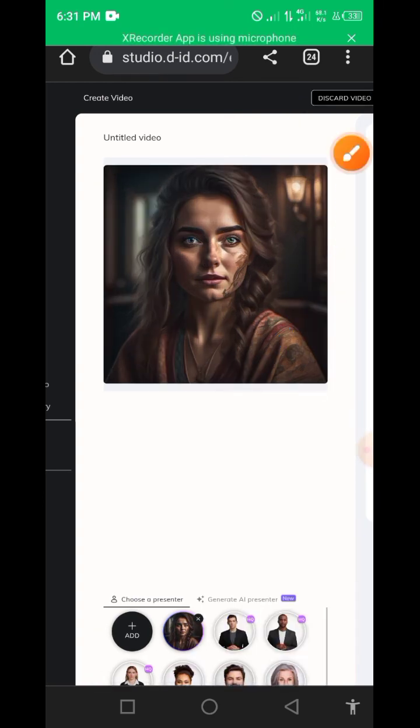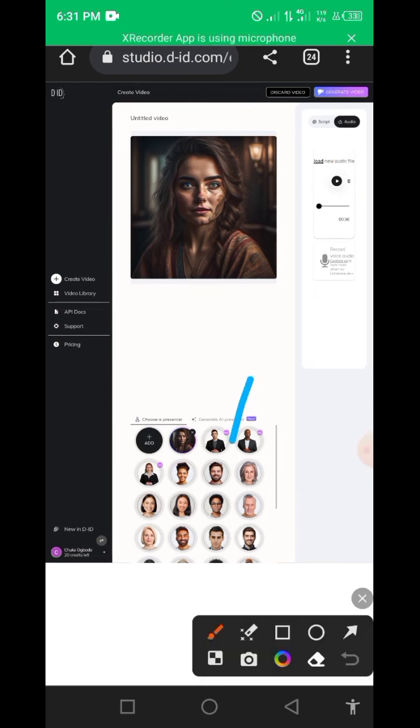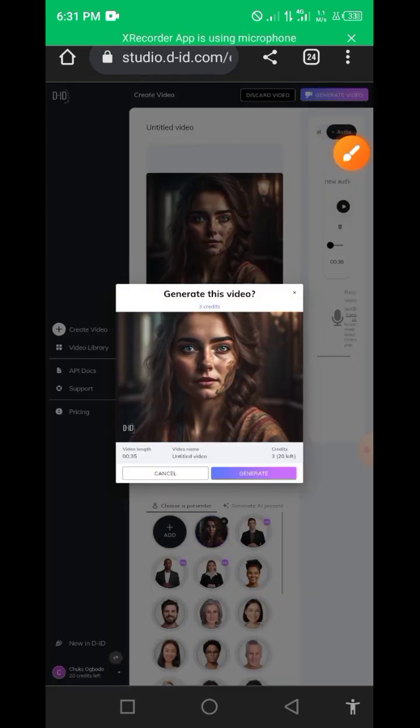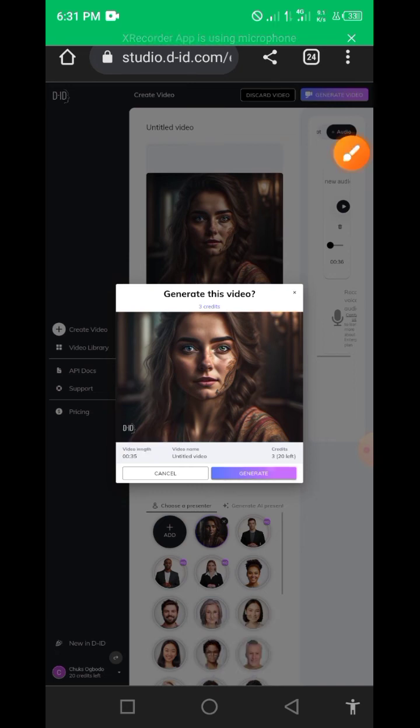So now we have everything ready. The next thing we'll click on is this sign here called generate. This is called generate video. I'm going to click on generate video, then wait for it to generate and we will download it. So now you're ready, just click on generate. But before that, note that when you make a video like this, there is always a small watermark attached. But when you upgrade